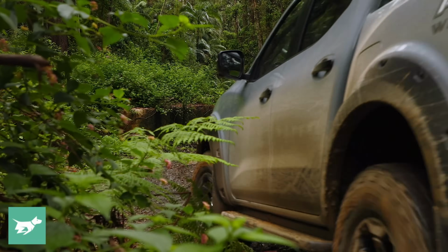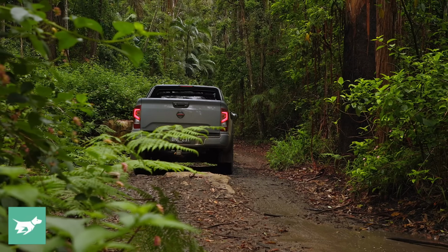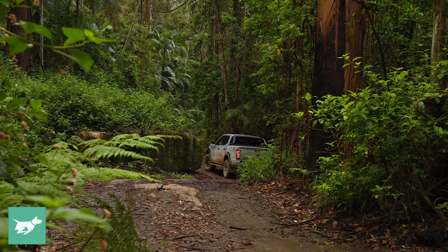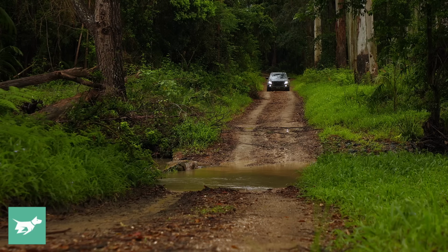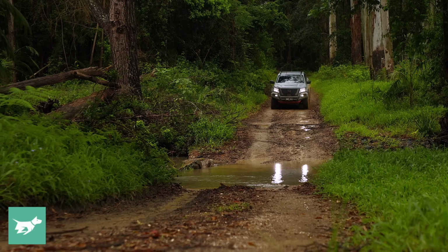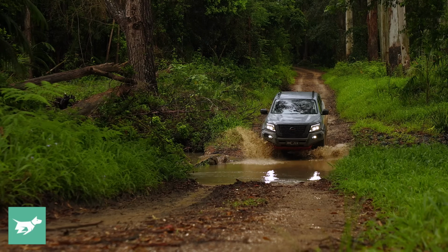So after a little bit of talking about the road driving and the greater breadth of ability that Premcar has bestowed on the Navara Pro-4X, what's it like off-road on this glum old day just outside of Coffs Harbour on the Australian launch? We're driving it through these forest roads and on some technical trails, and I've got to say it's doing an astounding job, and a lot of praise has to go to Premcar and what they've managed to